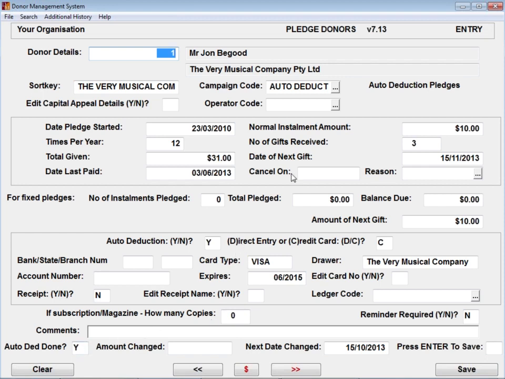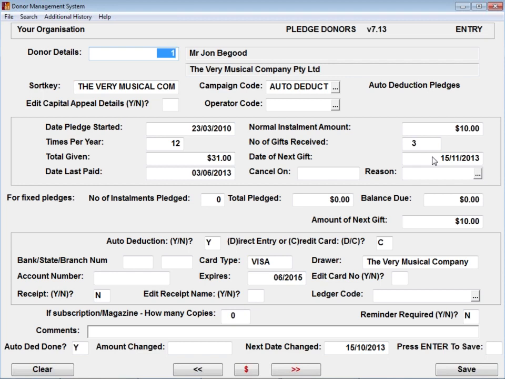If I have a person that for one reason or another misses a payment, when I do the next successful payment, the date of next gift doesn't necessarily jump 2 months or 3 months. Looking at how many times per year that person is due, the system by default will say this one's due 12 times a year. So when you process a successful payment, it can only roll it up by one period. Okay? So that's something that, as far as managing the pledges, we need to keep on top of.